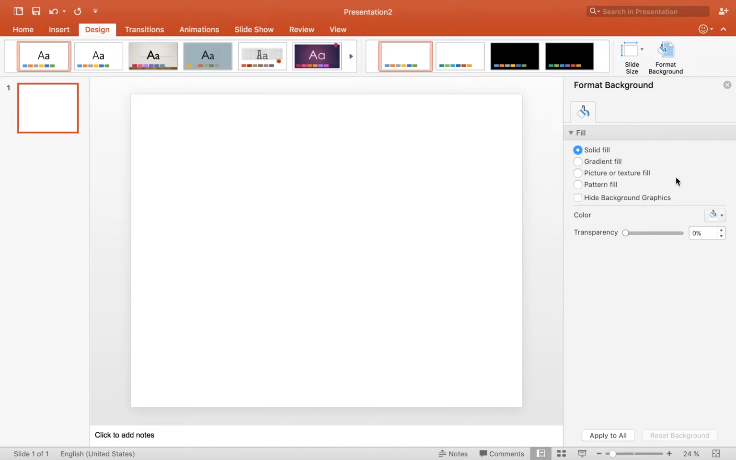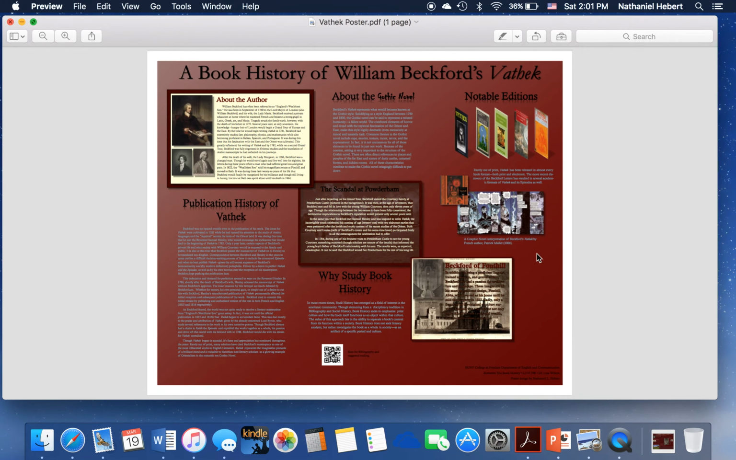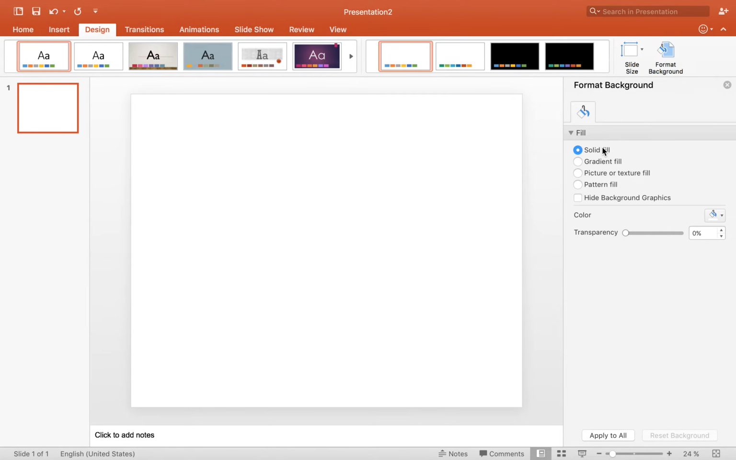For the Vatek poster, I actually used a gradient fill, where if we come back over here, you can see it fades as it goes from the bottom corner up to the top. So you're welcome to do that, or you can just do a solid fill. You can change your background color at any point during your presentation, so don't worry if you mess up with it now and realize you need something different or you need a little bit darker,